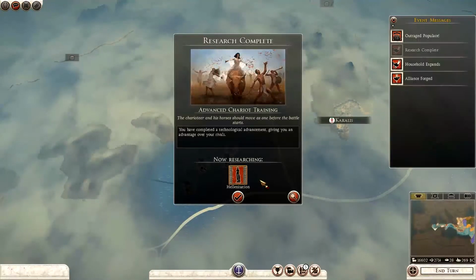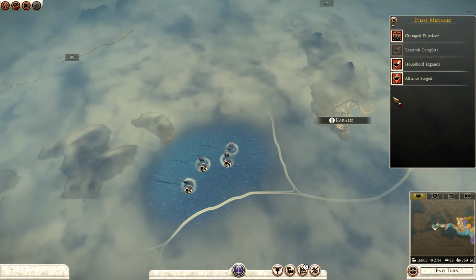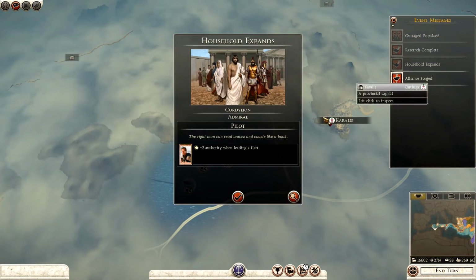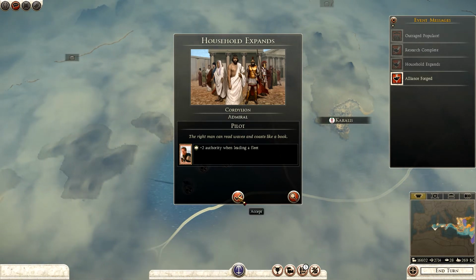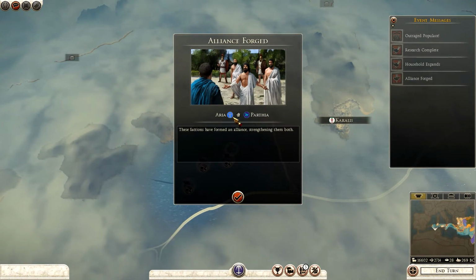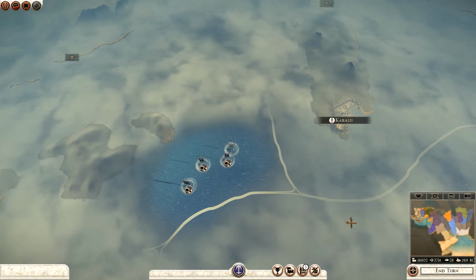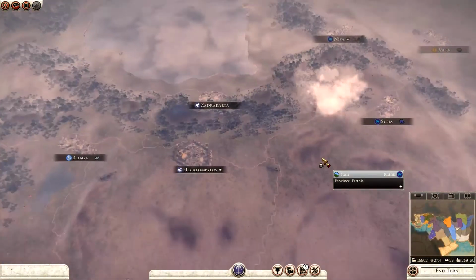Don't really need it. Advanced chariot training. Outraged populace in Mesopotamia. Yep, I know. Household declare... Pilot. +2 authority when reading a plead. Alliance forged. Arya and Parthia. I guess this place is becoming real...